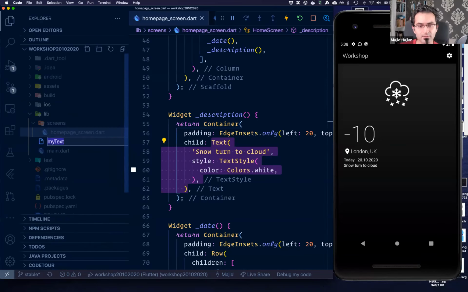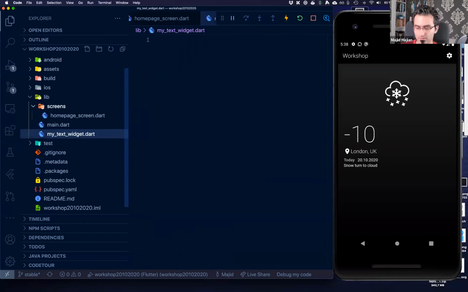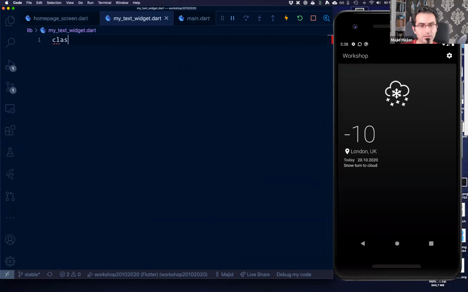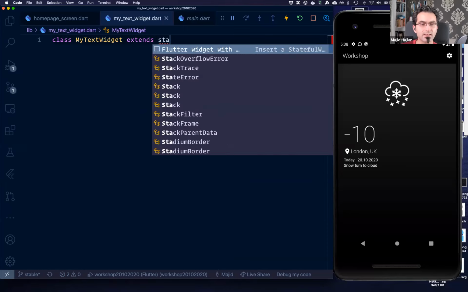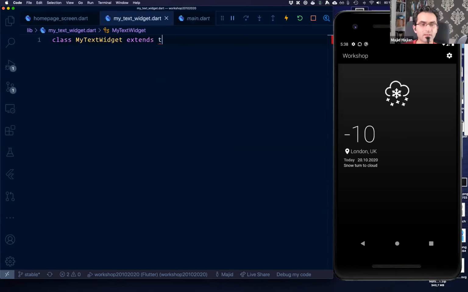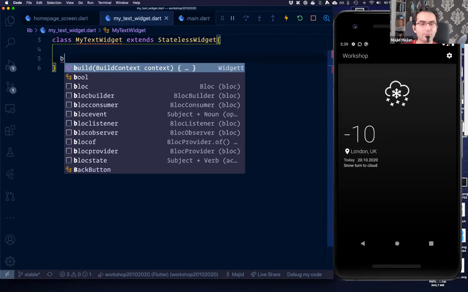MyTextWidget.dart. So I created a file that's going to be class MyTextWidget extends StatelessWidget, and then now I have build,